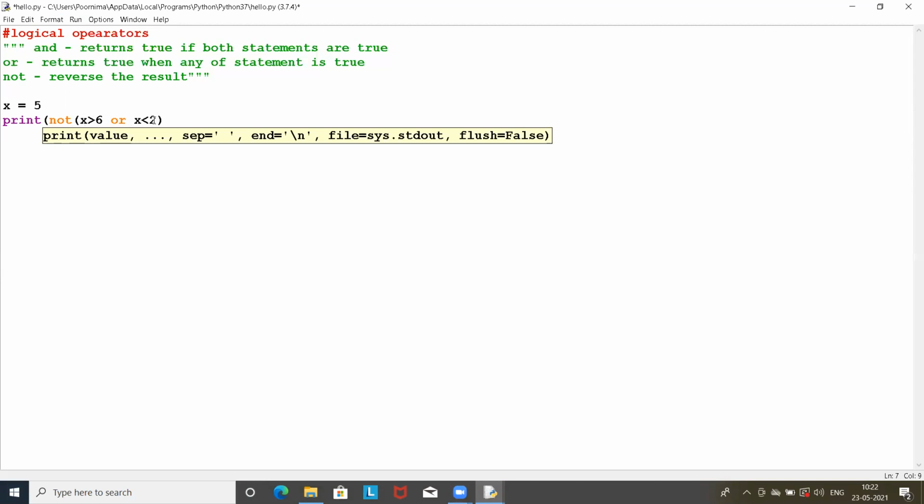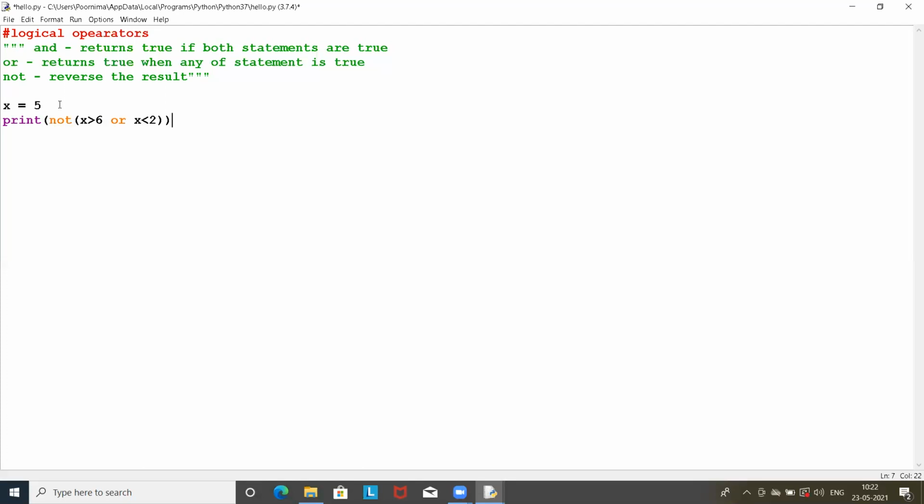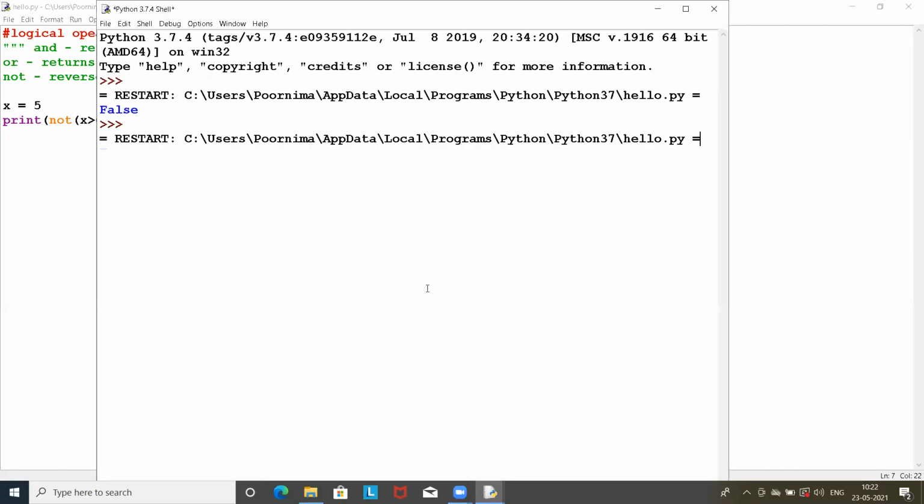Next, in the same example, we can see NOT. So in the previous example, when I had done this much of code, it would give us the output as false. But now if I run it, it will give us the output as true. Why? Because now I have used the NOT operator, which reverses the result. So previously the result was false, now the NOT operator converts the output